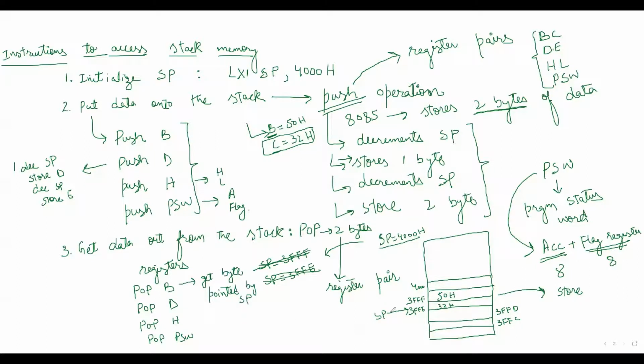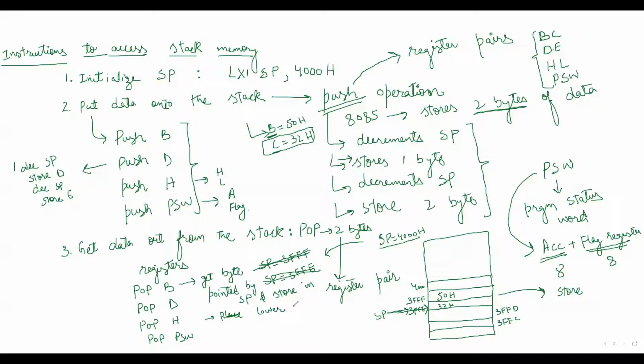So let's suppose my stack pointer is pointing here at this location. So it will get data from this location. Okay, so what is the data? 32H. Get the byte pointed by stack pointer and store in